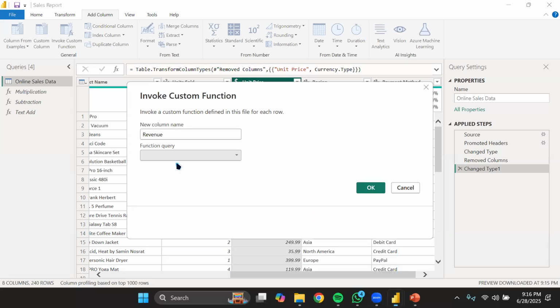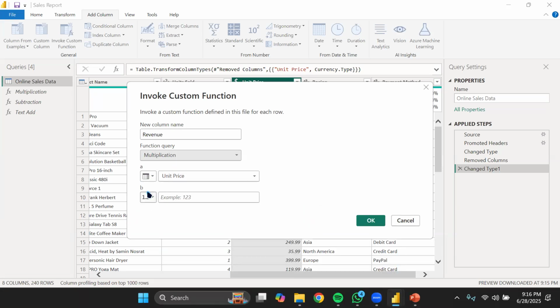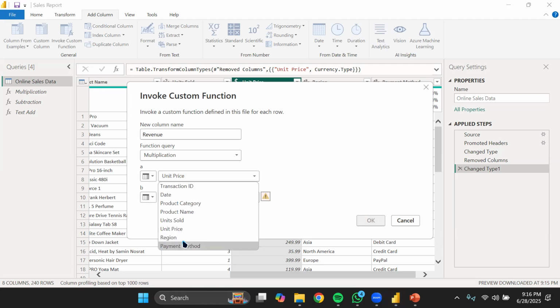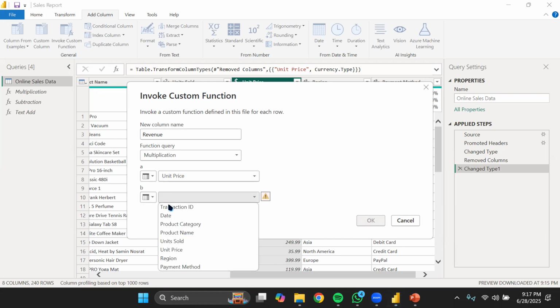So now if I click on multiplication, you can see A and B. Inside this place, we have column name and decimal number. But right now we are dealing with column name because we are working on columns, not just a single number. So I'll click on column name for A, and for B also I'll click on column name. Now I am saying unit price multiplied by